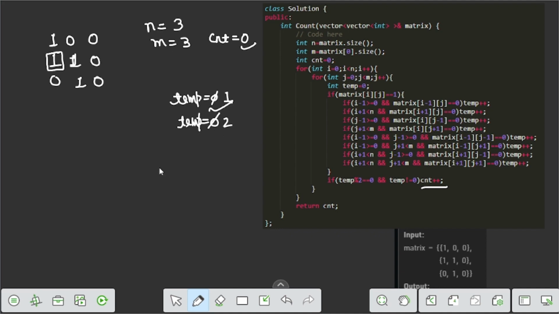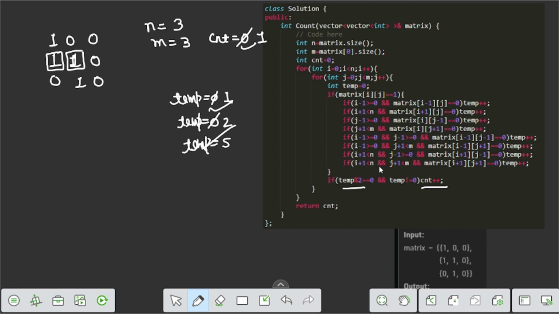After temp becomes 2, we check the condition: temp is even, so we increase the count variable, which becomes 1 now, and we go to the next index, which is here, and check the zeros: 1, 2, 3, 4, 5. So here temp becomes 5, but temp is odd, so we cannot increase the count.